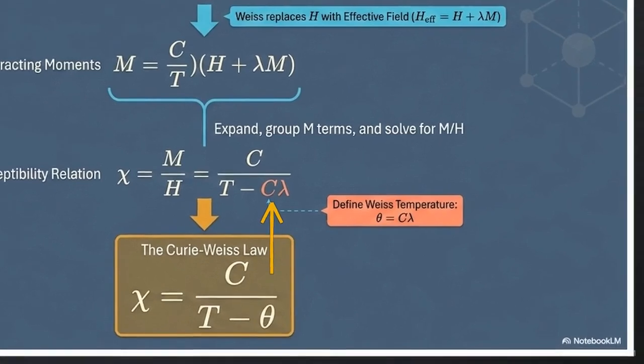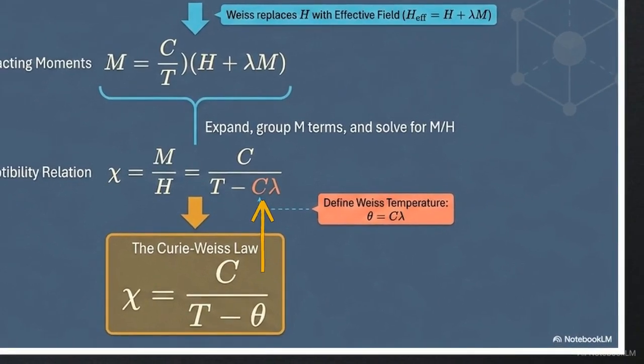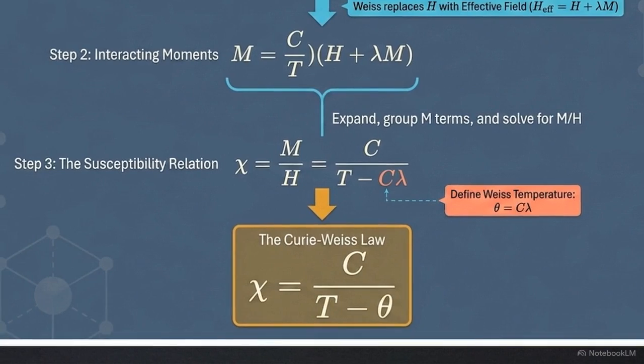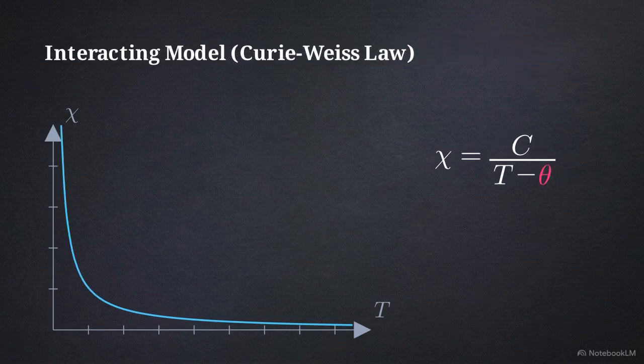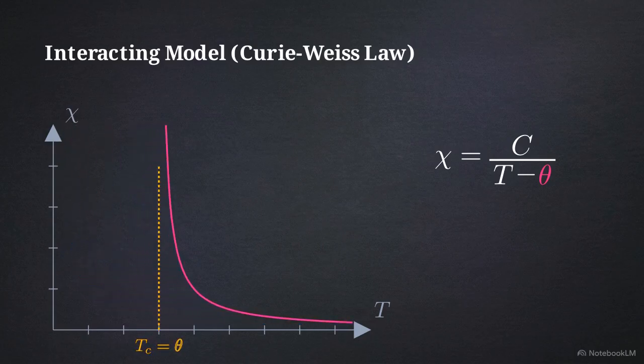Notice the grouped term, C lambda, in the denominator. We define this value as the Weiss temperature, denoted by theta. This represents the critical temperature scale of the internal interactions. Substituting theta into the denominator gives us the final derived Curie-Weiss law. By simply adding the internal feedback term into the baseline algebra, the inclusion of this variable strictly alters the material's predicted behavior. The equation now maps a critical temperature phase transition where susceptibility diverges, a phenomenon idealized models cannot predict. The Curie-Weiss law is